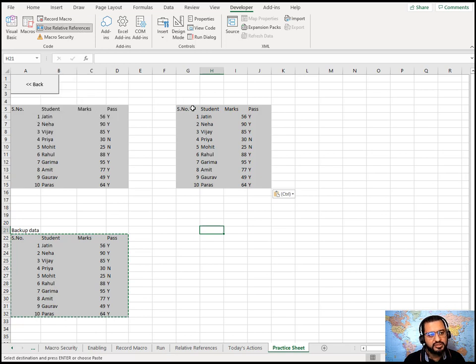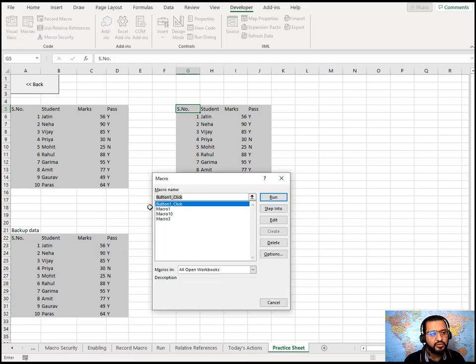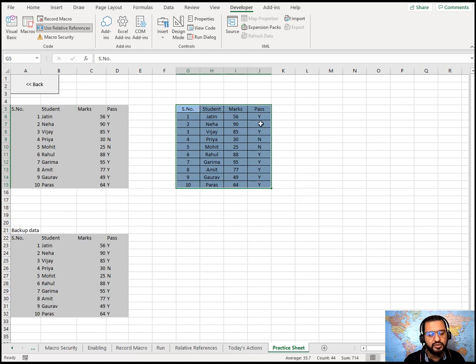What will happen is this set of data will also get formatted. Wherever I place my cursor, the formatting will start from that place. So I select this first cell, go to Macros, select Macro3 and click on Run, and you see now these cells get formatted.